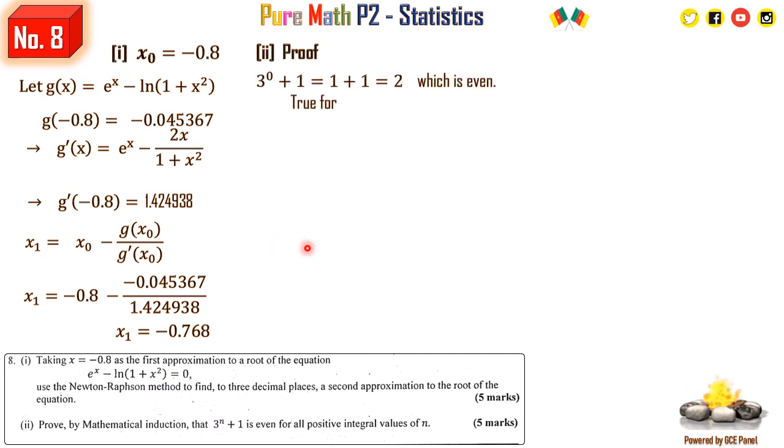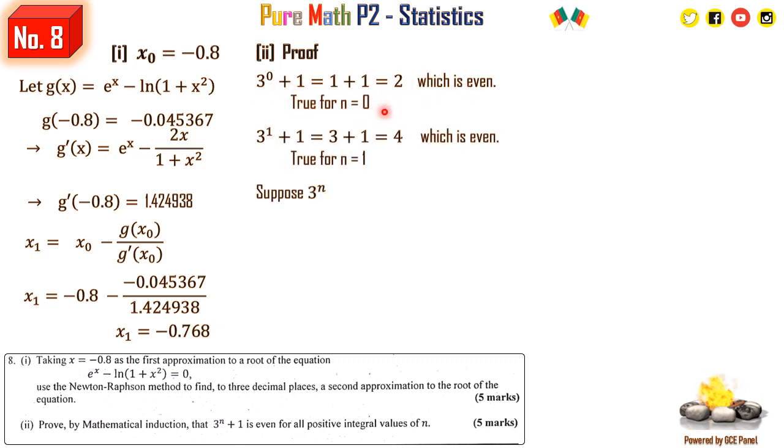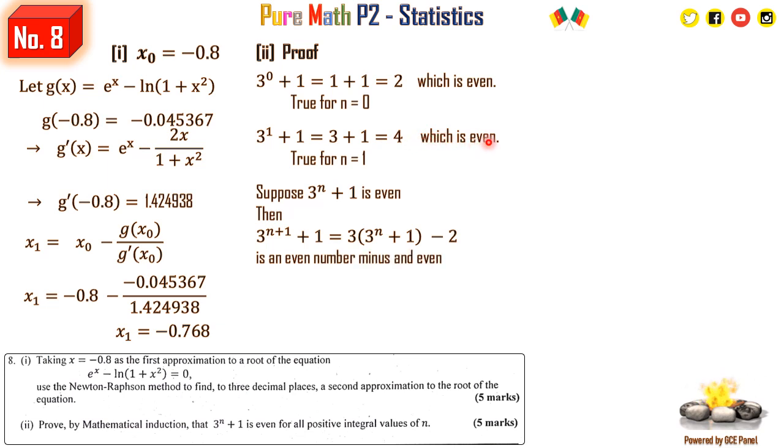So numerically, we see that 3 to the power 0 plus 1 is equal to 1 plus 1, which is equal to 2, which is even. So it's true for n equals 0, right? Then 3 to the power 1 plus 1 is equal to 3 plus 1, which is 4, which is also even, true for n equals 1. Now,